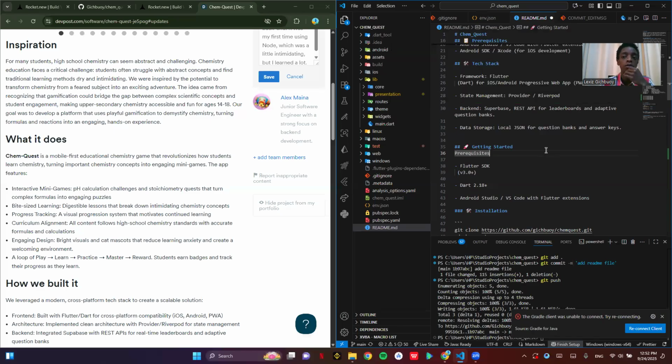So my project is called Chem-Quest. On my right is the code base. I've developed the project using Flutter, because it's a cross-platform mobile application, and Flutter checks all those boxes because it makes it accessible to both Android and iOS. The project is called ChemQuest, and it's a mobile first